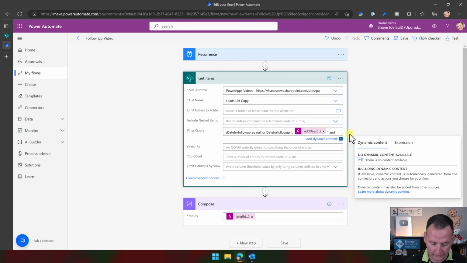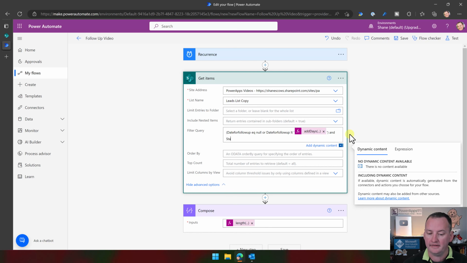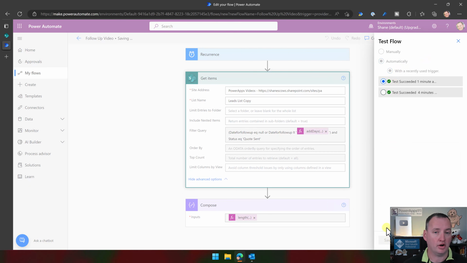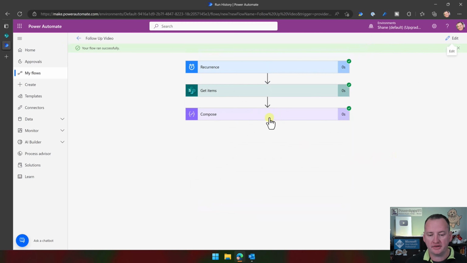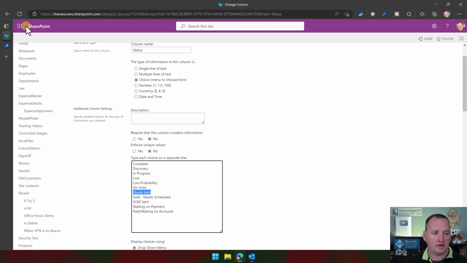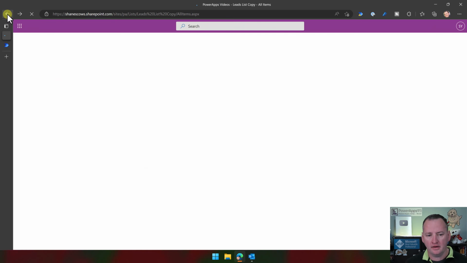And so now if we do this and say, and status EQ, it's text again, so single quotes, paste in the quote sent, just like that. Then let's test this and see that, so we should get a much smaller number again. I think we might get 1. I don't remember exactly. Let's look. All right, our flow succeeded, and we did. We got exactly 1, because if we look back at the data, we're going to see that